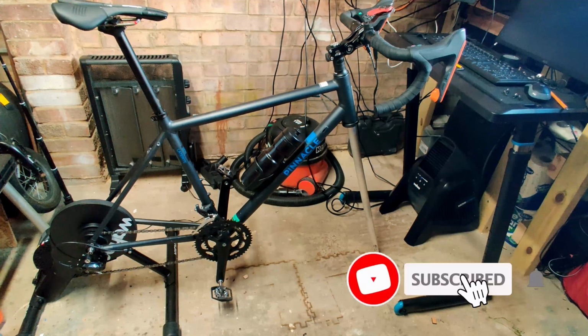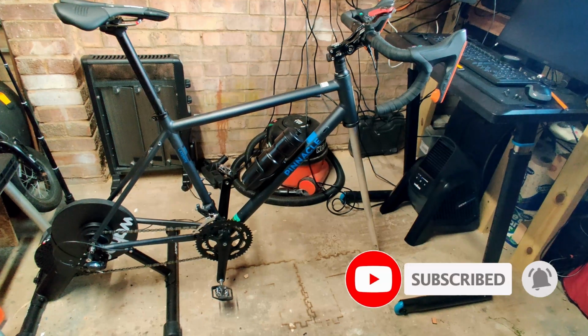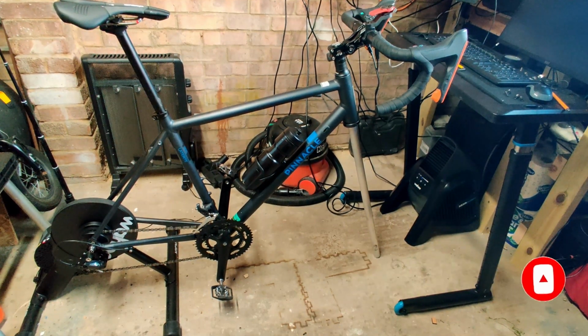So that's how the entire thing looks from the side. Yeah, nice, sleek,